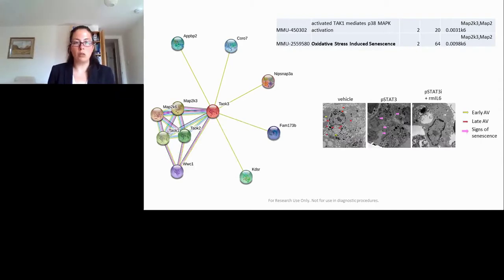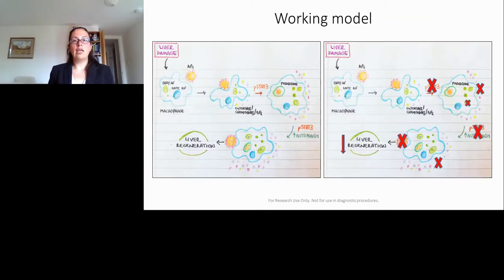It is by no means conclusive, but we hope that by analyzing it further, we can come up with some interesting targets to inhibit or stimulate with a small molecule in order to improve the outcome of acute liver injury. So far, our data